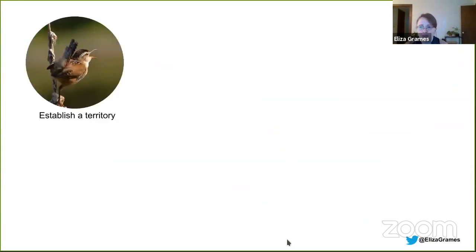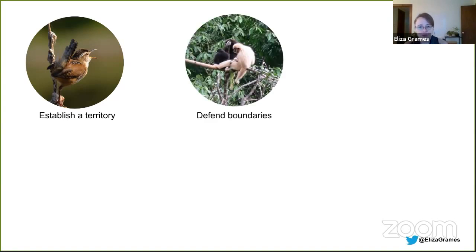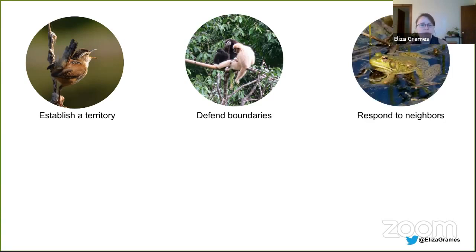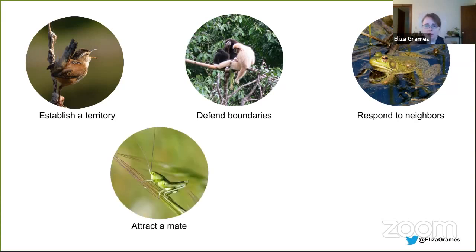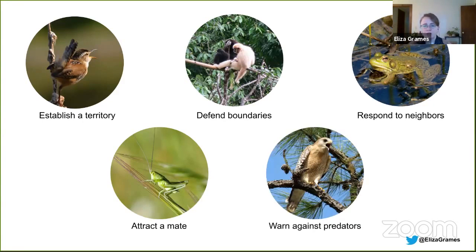For example, we know that animals will use vocal communication, or sorry, I should say acoustic signals to include all of those vibrational and air noises. So we know that animals will use these acoustic signals to, for example, establish territory at the beginning of a breeding season, to defend those territorial boundaries against potential intruders, or even to non-aggressively respond to neighbors to keep maintaining those boundaries without actually needing to actively defend them. Also, one of the classic examples is attracting a mate, so really common with insects or birds to be just emitting a signal in order to attract a mate. And of course, to warn other individuals about the presence of a threat or predator.